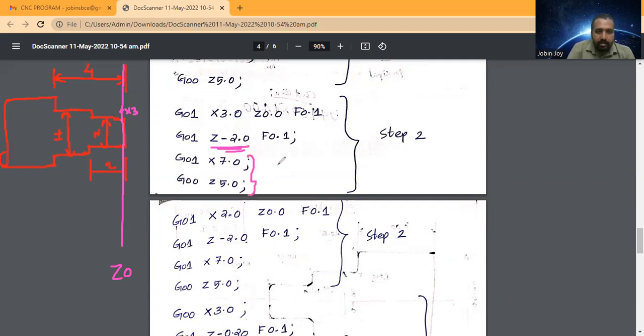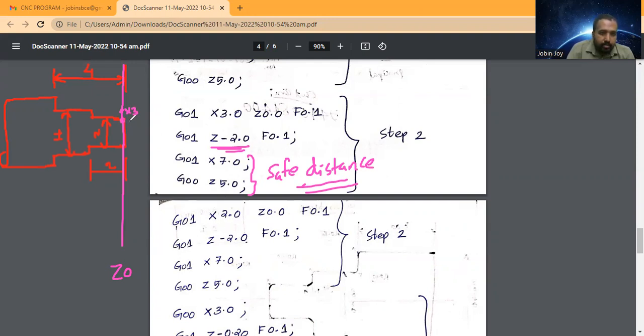Then I will retract the tool. That means this is the safe distance. Safe distance means there will be a gap between the tool and the workpiece in the X as well. There will be no contact between the tool and the workpiece. That is the safe distance. Then after that,